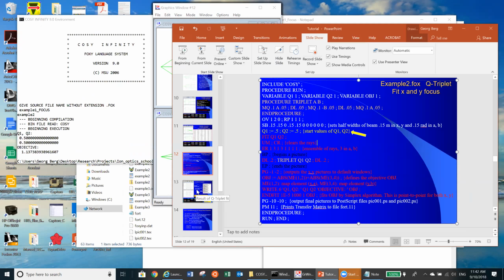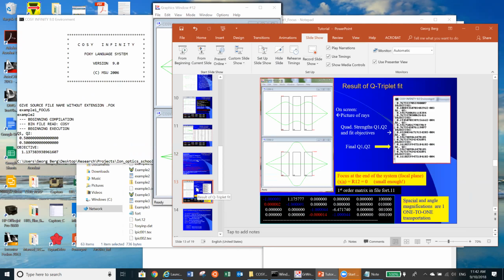So you can now go and change the strength by hand. If you're experienced and you know what you're doing and you look at these images, then you can probably get pretty close by changing it by hand. And that I have done here. And you see now we have a